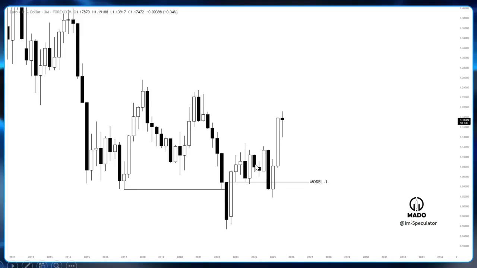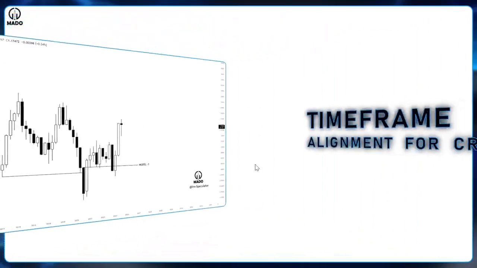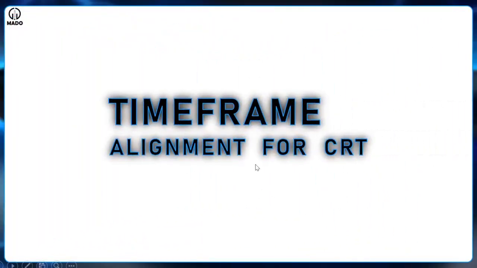All right, so now let's talk about time frame alignment, because this is something really important, especially if you are trading CRT and Model 1 entries. If your higher time frame and your lower time frame are not in sync, then you will always feel lost. So we need to fix that. Now, the alignment that I'm about to give you, especially for CRT and Model 1, okay, now